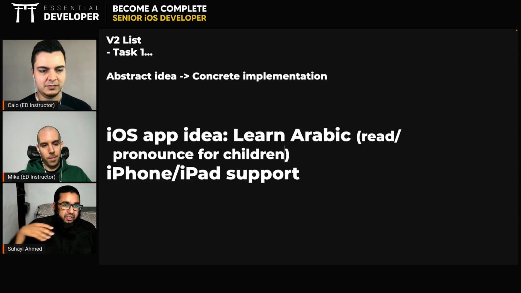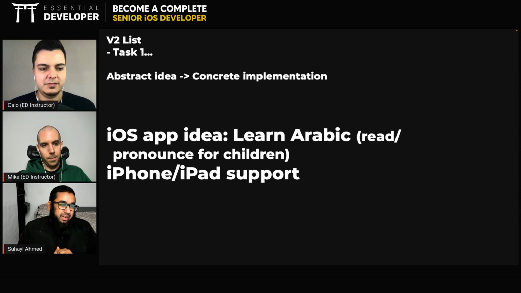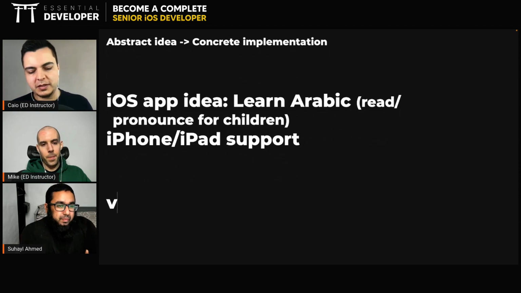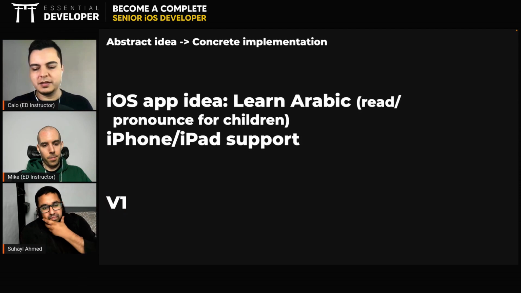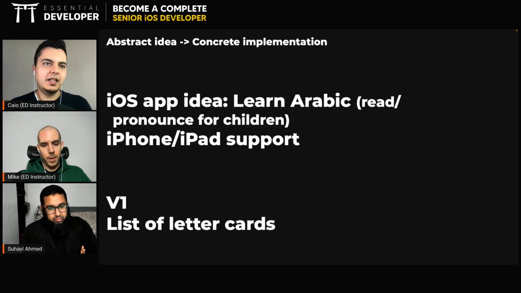I was thinking initially just having all of the letters and how they're pronounced, just that much would probably be a good minimum viable product, so that it's more likely to be releasable within 2 to 3 weeks. I think the testing side of it might bring a bit more complication. Okay. So V1 would be a list of letter cards, and let's say you tap on it, it makes the sound. Oh yeah, that would be even easier. Very easy.